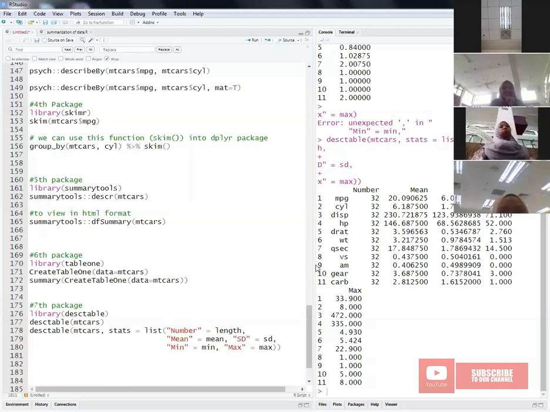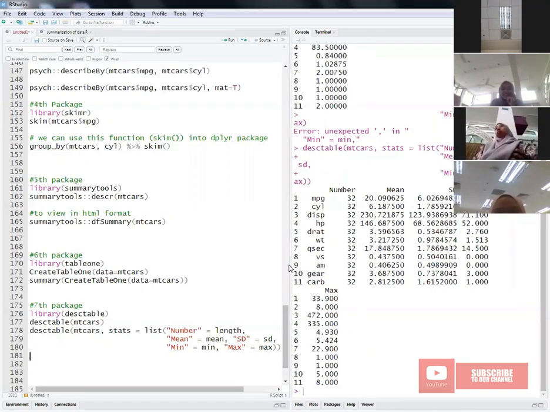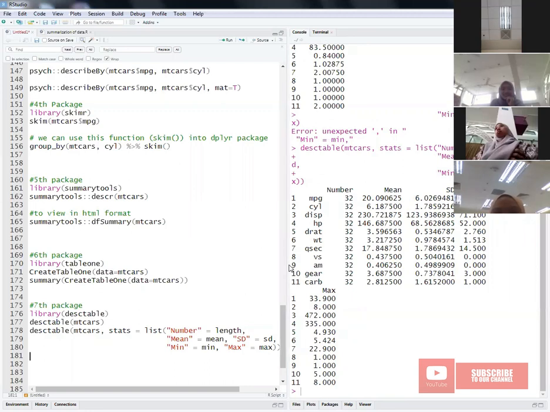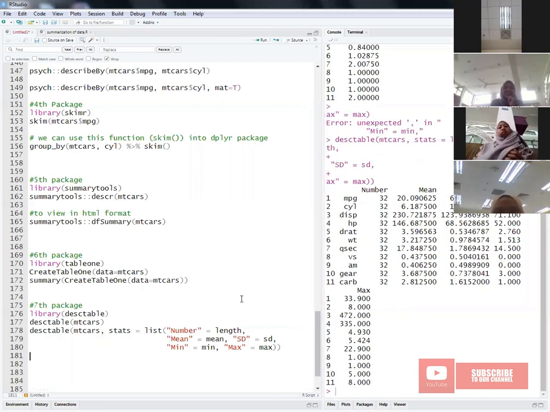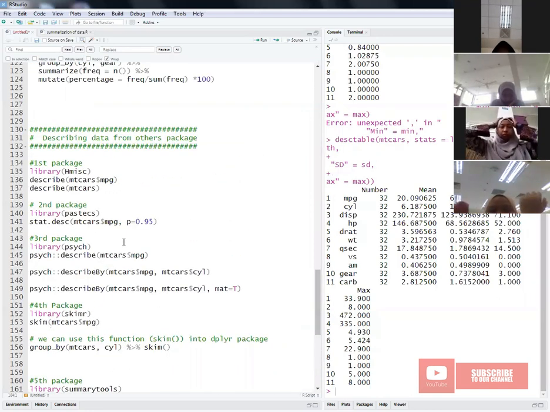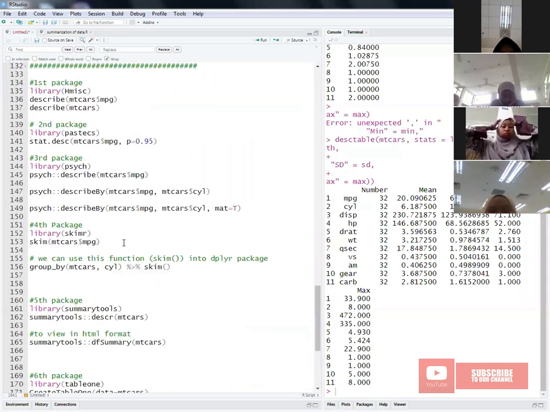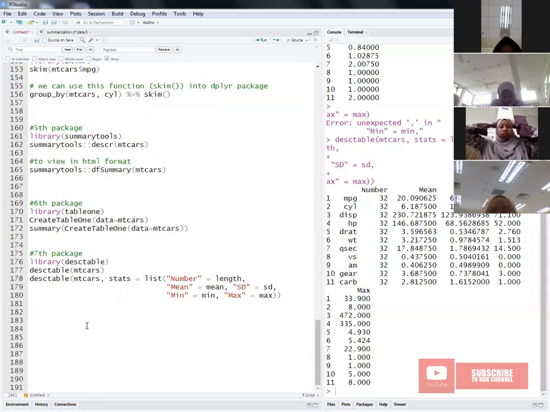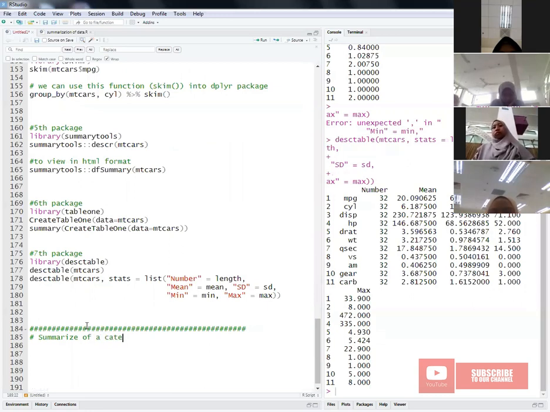So by using this function, it will report only mean, standard deviation, minimum value, and maximum value, right? So now I'm going to show you how to summarize a categorical variable. The package that I showed you is for numerical variables. So the next function is to summarize a categorical